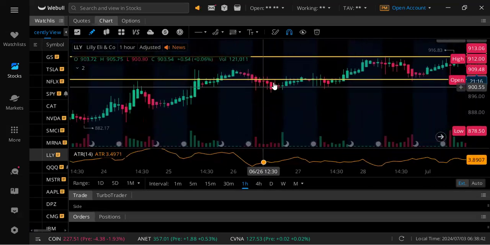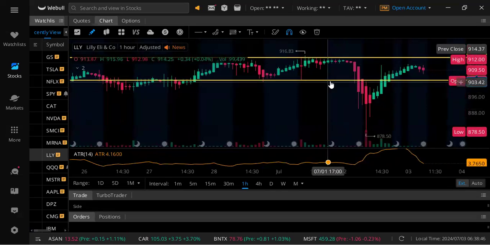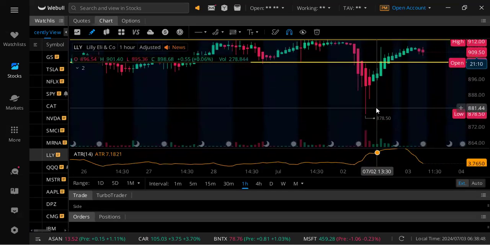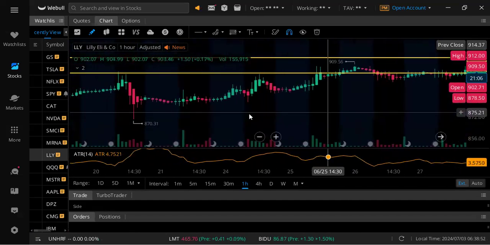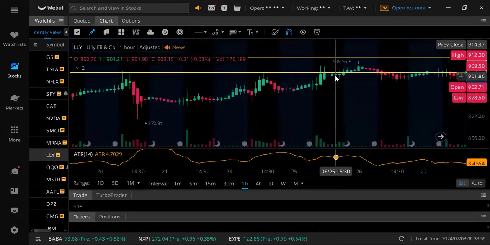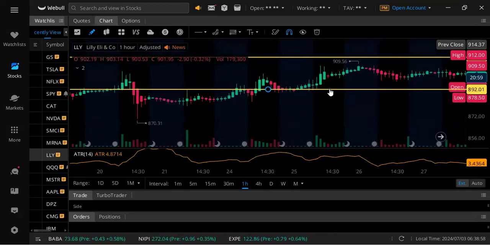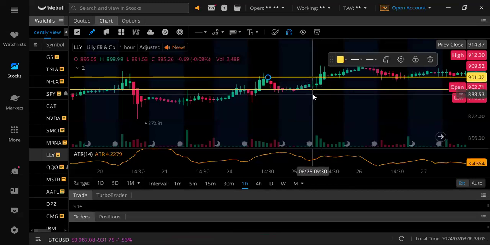I mean, we went higher, but indecision here, indecision. That's why we got this pullback. Okay, so if a stock is giving you a lot of indecision, then it's a clear sign